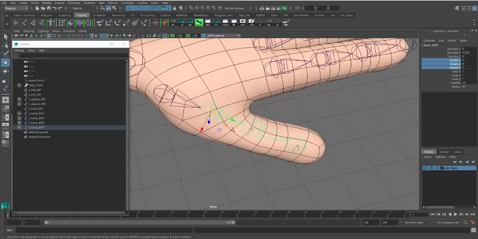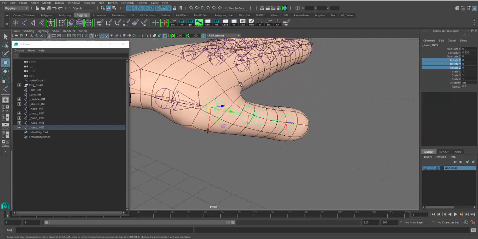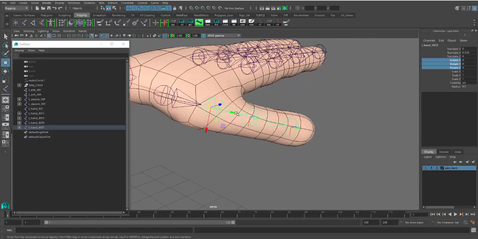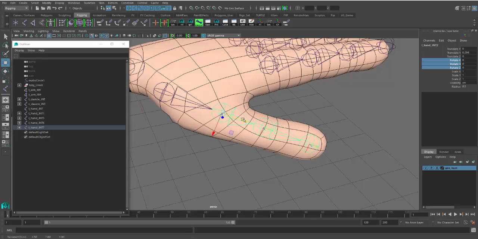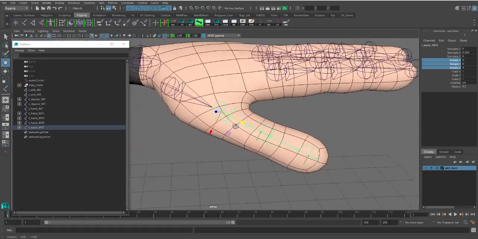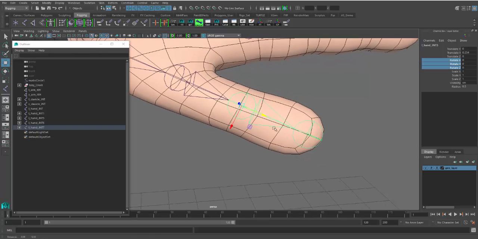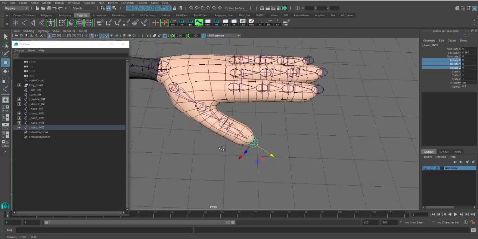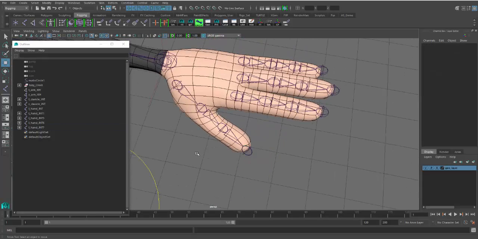Next is to move. Remember, only move in the primary axis. Now the next one should happen around these three loops, 1, 2, 3. So the center one should be around here. Just eyeball the joint around. Now the next one, you can see the curvy loops here. So this is where the joint should be. Again, it's a lot of eyeballing here. And the last one is at the tip of the thumb. So you try to get it in. Right, so once you have it in,